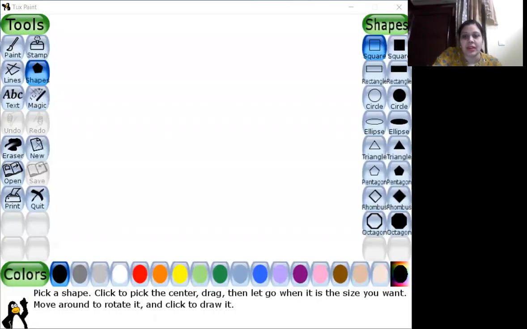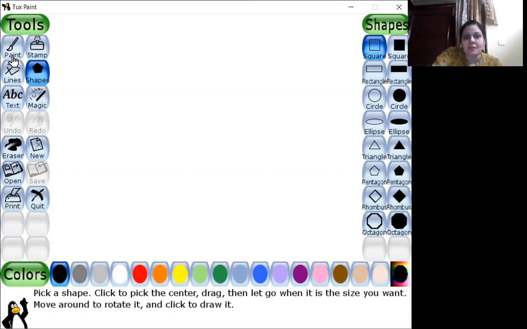So let's get started. So now I'm showing you Tux Paint right now on my screen. Just give me a second. So I hope now you can see Tux Paint here on my screen. So once you open this, first window comes, and here you have all the tools, the Tux Paint.